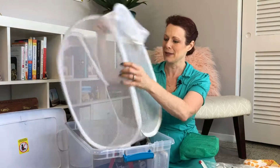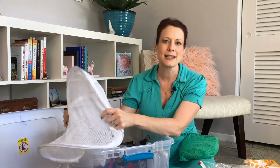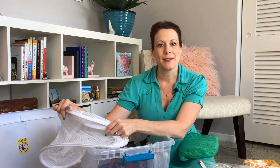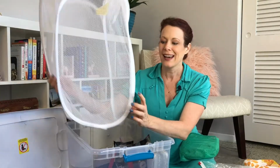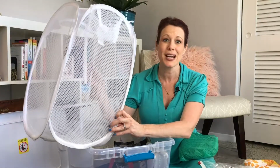It's nothing fancy. But once it's all full of my dirty laundry, I fold it down on top of itself, really fancy because it's dollar store, so I really care a whole lot, and shove it into the laundry bin or into the luggage. Then when I get home, I pop it right up. It's already got all my dirty laundry in it. I toss really quickly any other dirty laundry from the trip into here and I take it straight to the